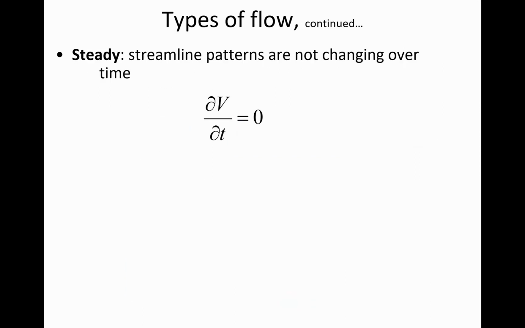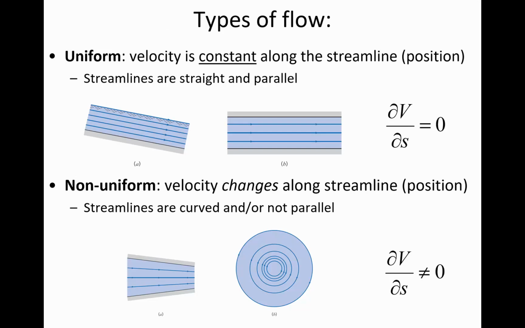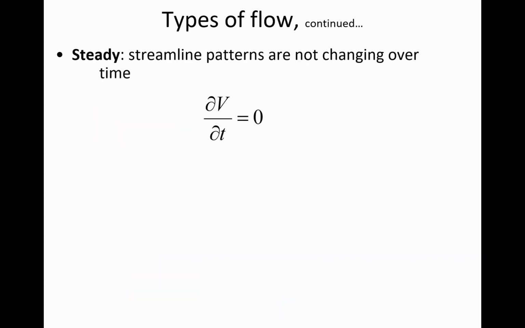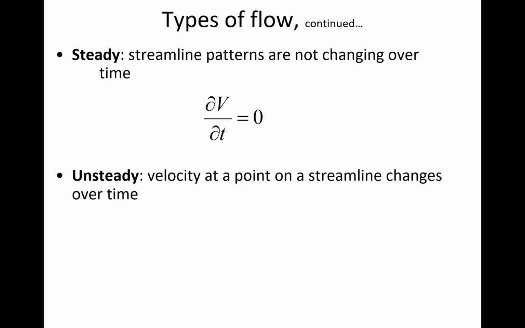Okay, so steady versus unsteady is going to be the next way that we classify flow. Uniform, non-uniform is the first way that we classify flow, and so that's all about position. Is the velocity changing with respect to position? Steady versus unsteady is about time. And so steady flow means that the velocity is constant during some period of time. So the velocity isn't changing during that increment. Unsteady flow means that the velocity is changing